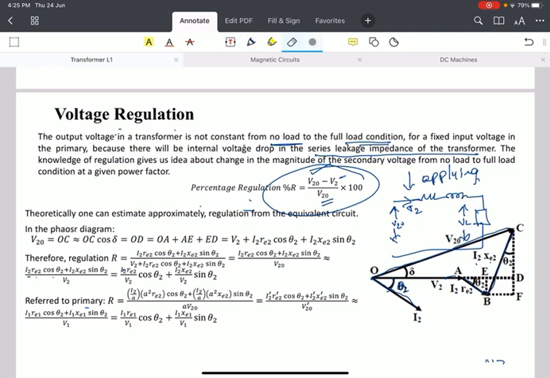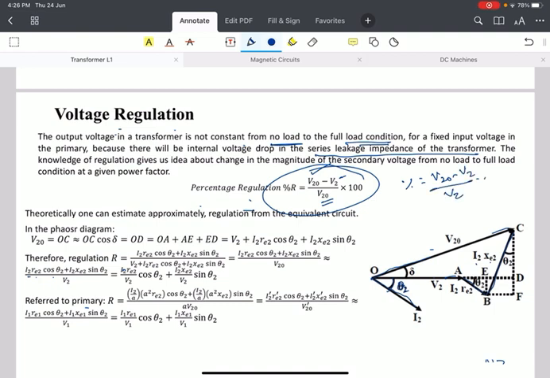Okay, so as I told before, transformer regulation can be written with respect to whether we are considering the voltage dropping when the load is connected, or the voltage rising when the load is removed. It depends on what point we are looking at the percentage regulation. So for the sake of simplicity, we will consider percentage regulation with respect to the full load voltage. That means no load voltage minus full load voltage, divided by full load voltage V2, into 100, will be the percentage regulation of the transformer.